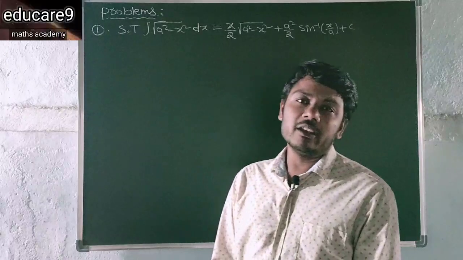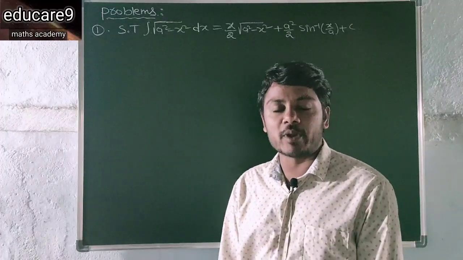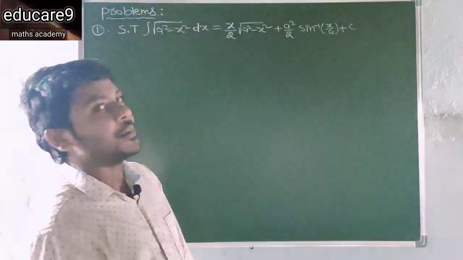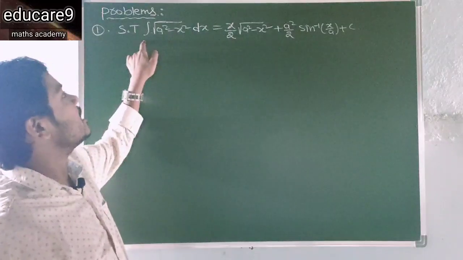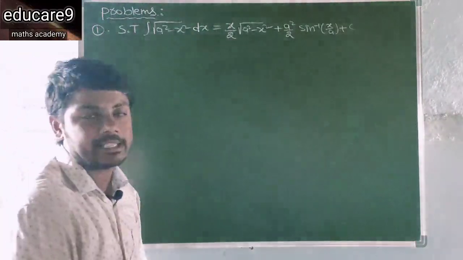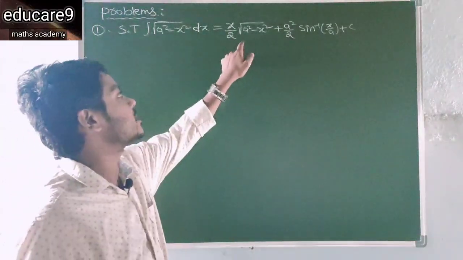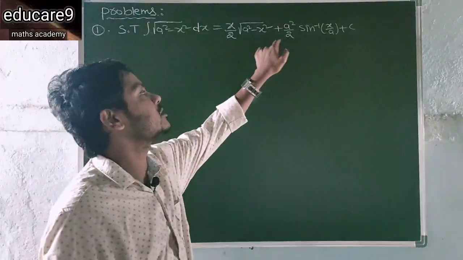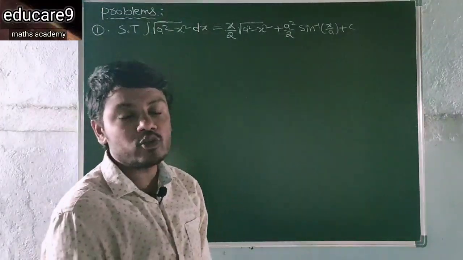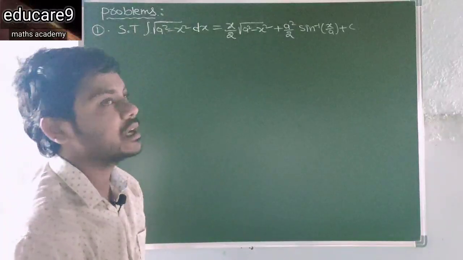Hi, hello everyone. For this session, we will discuss a few problems. So, see the first problem. Show that the integration of square root of a square minus x square dx is x by 2 square root of a square minus x square plus a square by 2 sin inverse x by a plus c. So, see here,